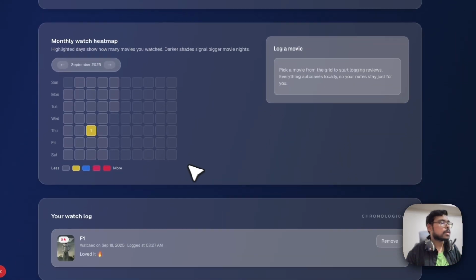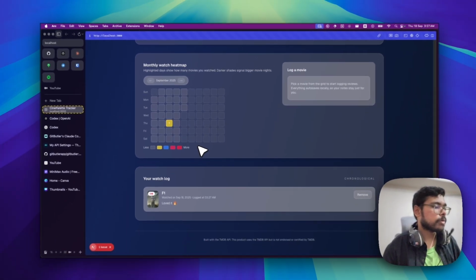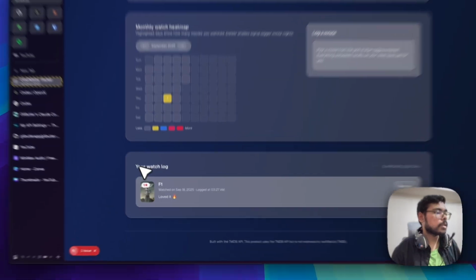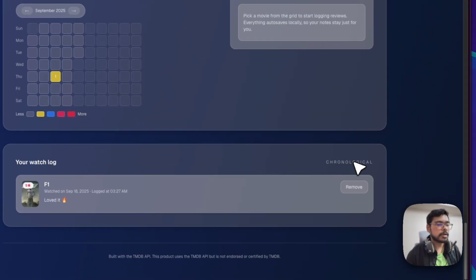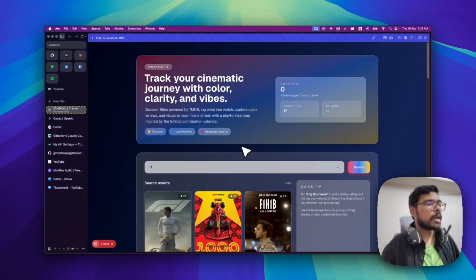And save entry. Fine. We can track it just like a GitHub graph, and we can see your watch log in chronological order. And we can also remove this. The UI, I would say UI and everything is kind of okay. Maybe it would be even better if we gave the prompt better, but